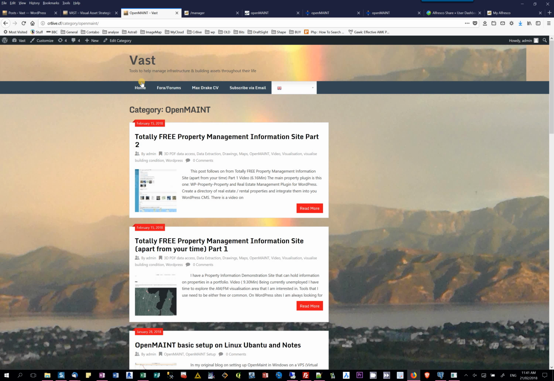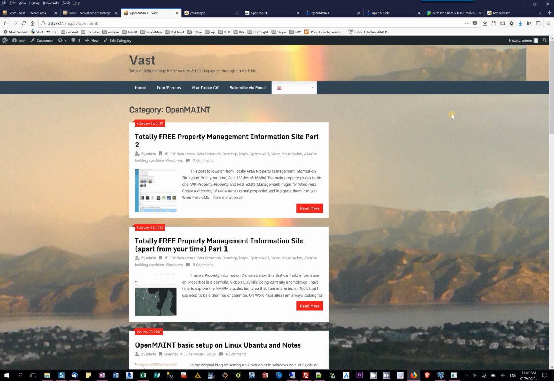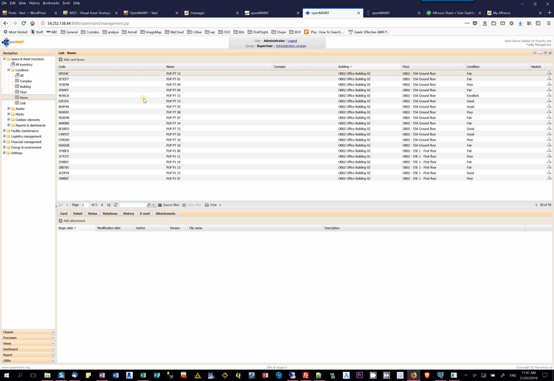As I said, if you look on my website, which I'll give the linkages to, there's a whole lot of information on setting up the whole process. So if you're interested in an open source program to do facilities management, you could look at that. But just be aware you're going to take an awful lot of time to actually get it set up and running. I actually found that the Alfresco part of the thing and putting documents, because I actually found the OpenMAINT quite slow to actually run,